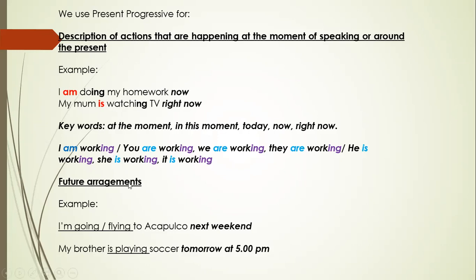So we also use present progressive for future arrangements. What is a future arrangement? Well, a future arrangement is an arranged plan. Es un plan ya agendado, prácticamente. ¿Y qué es un plan agendado? Bueno, ustedes podrían decir, quiero ir al gimnasio. ¿Okay? Bueno, ese es como que es una idea en su cabeza de quieren ir al gimnasio. Después dicen, voy a ir al gimnasio, pero sigue una idea en su cabeza porque aún no han hecho nada para inscribirse. Solamente es un deseo que tienen en la mente.